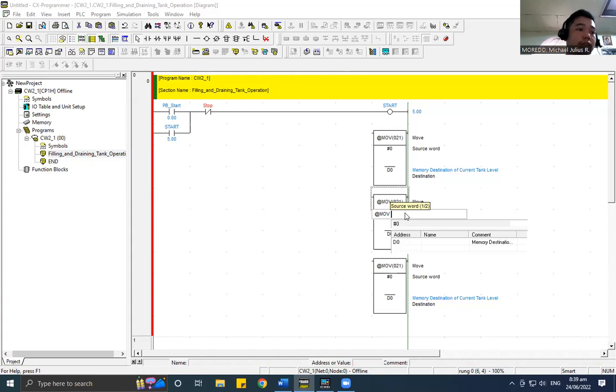So in this case, the symbol to indicate the number is decimal is this symbol, end symbol. So 100 decimal. So let's say this is destination D1. So instead of the memory destination of the current tank level, it will be the set point value to pause the program,